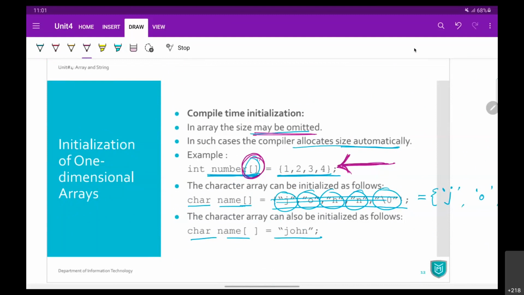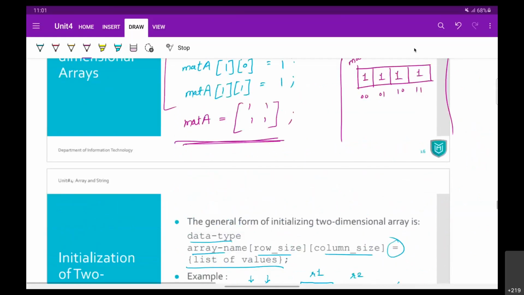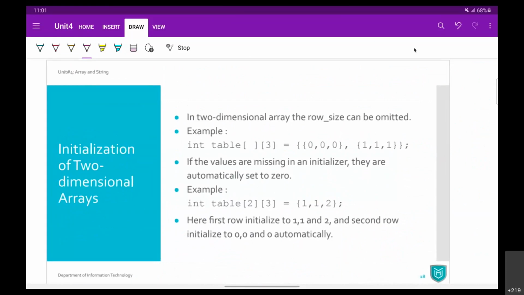Similarly, in a two-dimensional array, if you assign values at the time of declaration, then you can omit the number of rows or row size. Look, row size only. You cannot omit column size because at least one dimension is needed to define how many rows or how many columns.